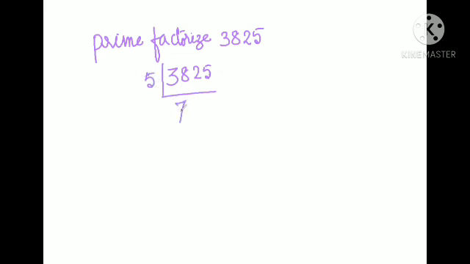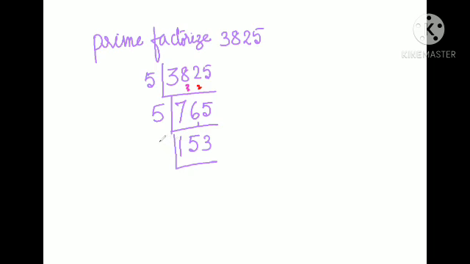Now 5 7 ja 35. Here 3 will be the remainder, 3 to 32. Then take 5 6 ja 30 and 2 will be the remainder, 2 5 25. Then 5 5 ja 25. Now it is also divisible by 5. So 5 1 ja 5, 26, 5 5 ja 25, 1 5 3 ja 15.